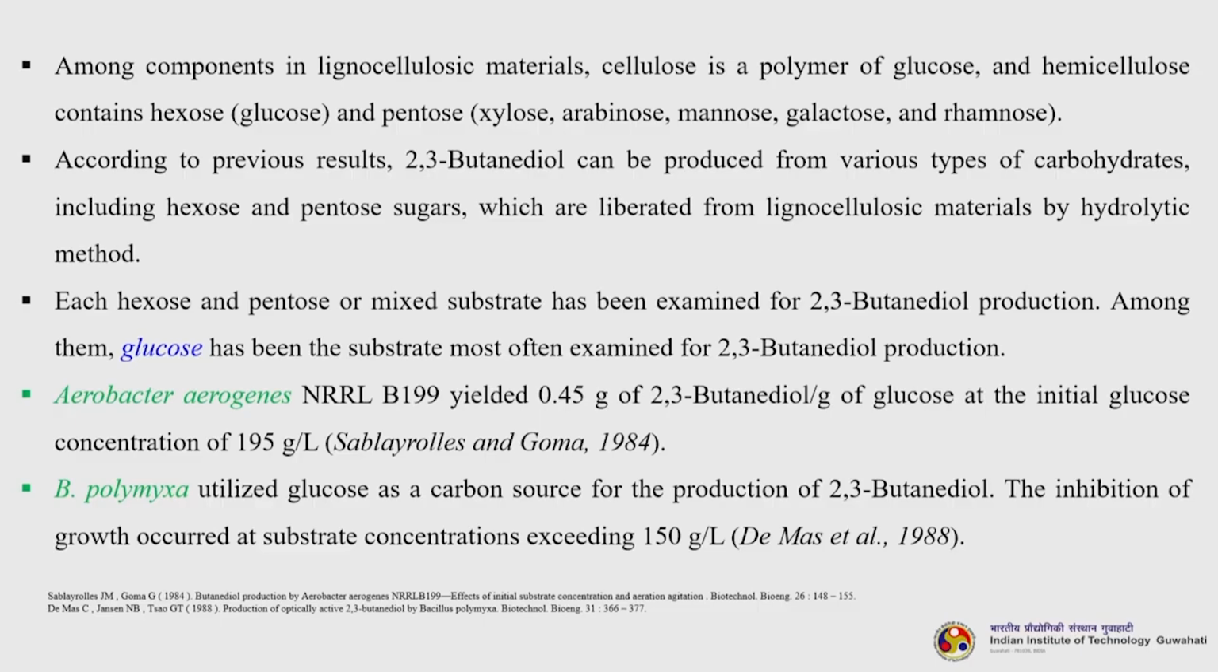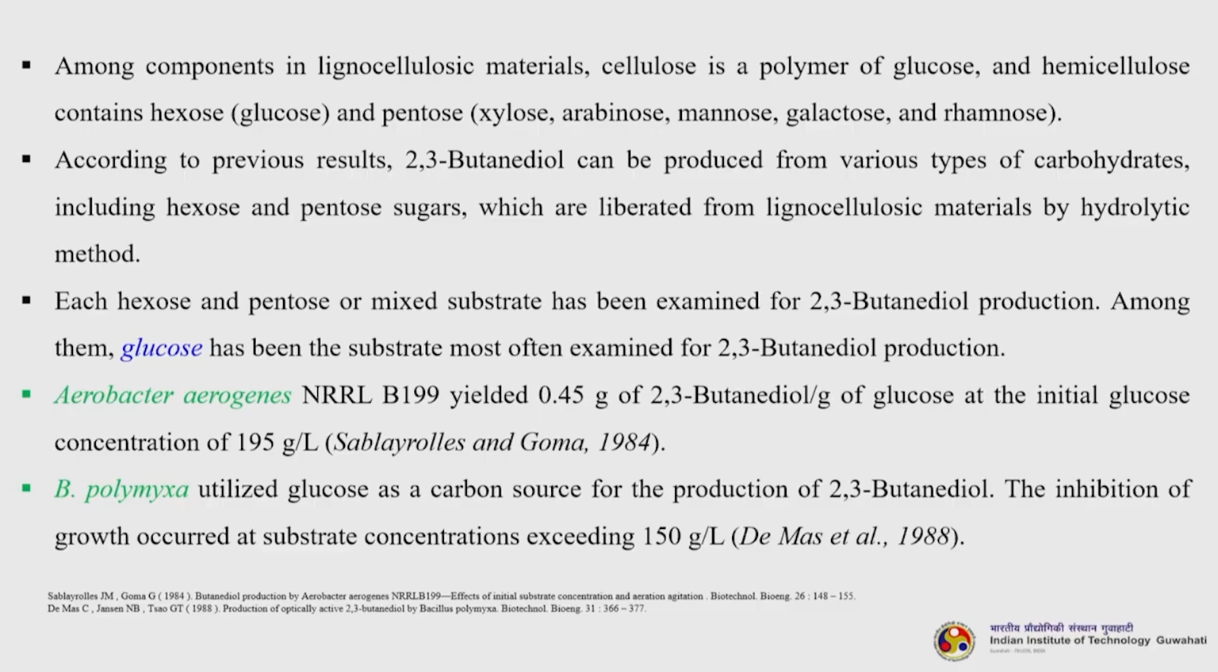Aerobacter aerogenes NRRL B119, this is the strain name, yielded 0.45 gram of 2,3-butanediol per gram of glucose at an initial glucose concentration of 195 grams per liter. Then Bacillus polymyxa utilized glucose as a carbon source for the production of 2,3-butanediol. The inhibition of growth occurred at substrate concentrations exceeding 150 grams per liter. These are very classical studies, the references are given, you can browse through later on if you are interested to